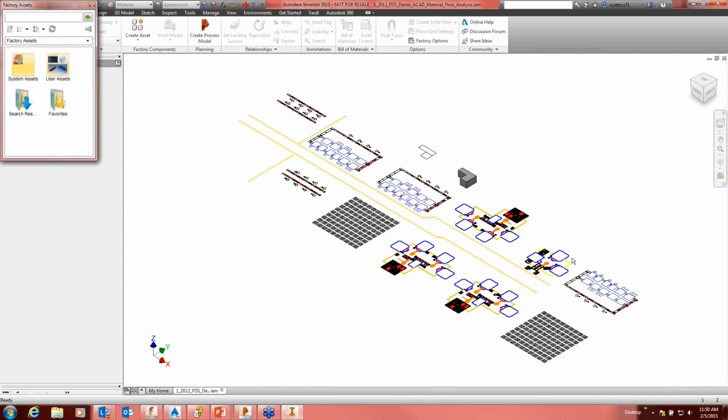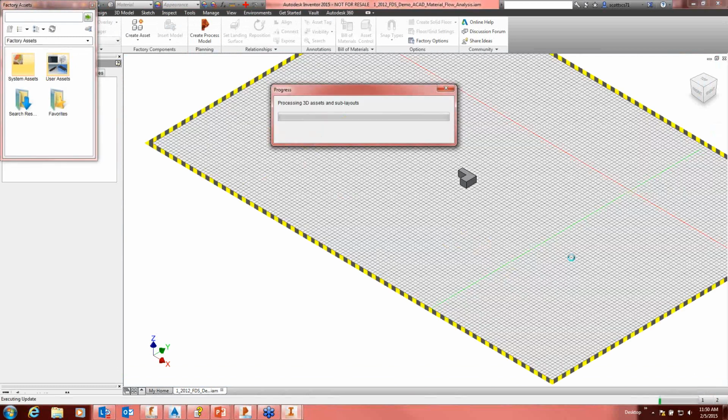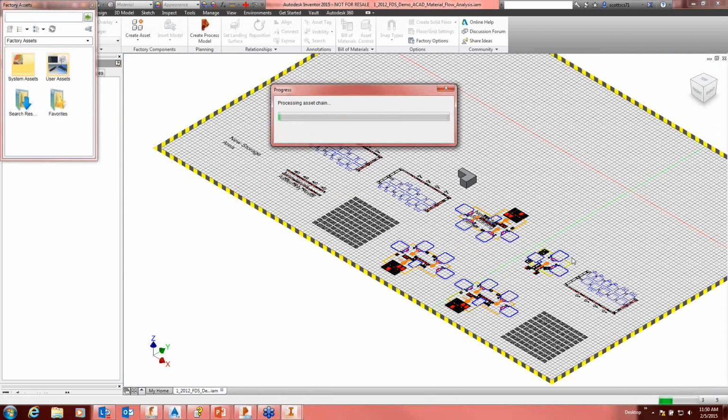Before, we would place a straight length of conveyor. Then we would place another one, or copy it, and line it up endpoint to endpoint on the O-snap, and then we'd have to drag in a 90 and have it turn, and then put more straight runs in there, and possibly another 90, until we had everything drawn in. That was a very time-consuming task, even though it was still a very